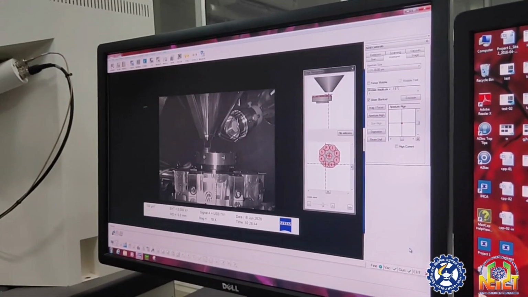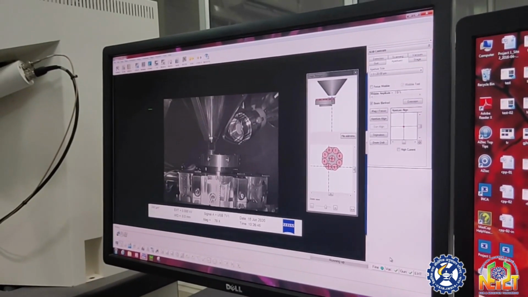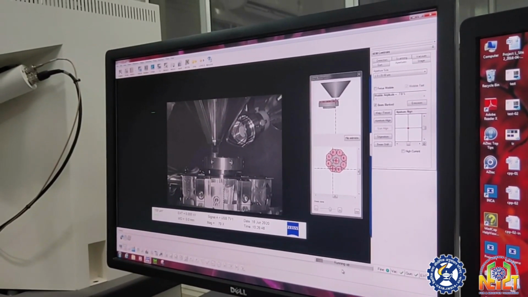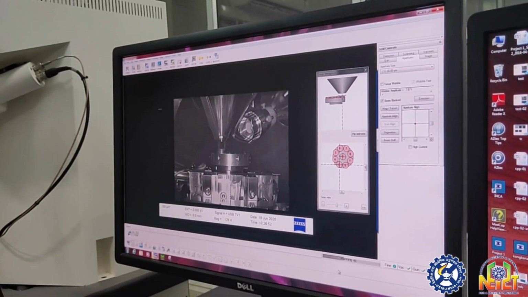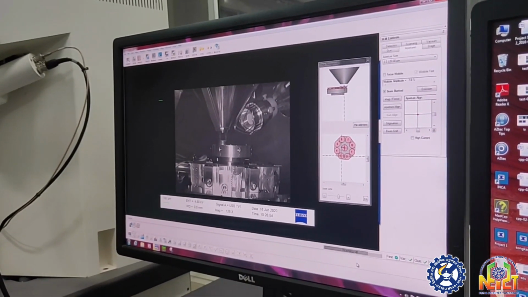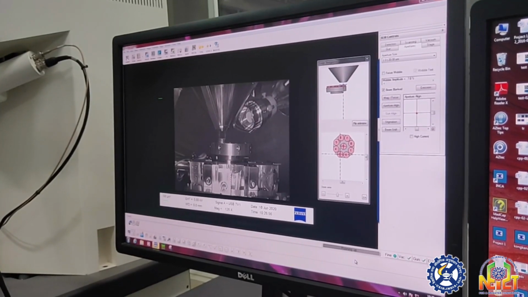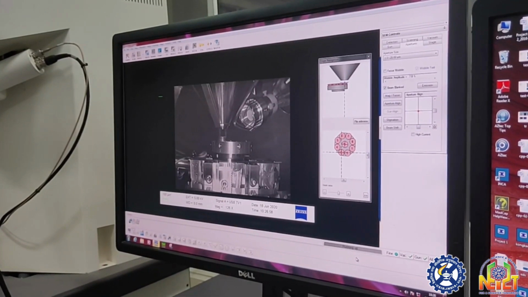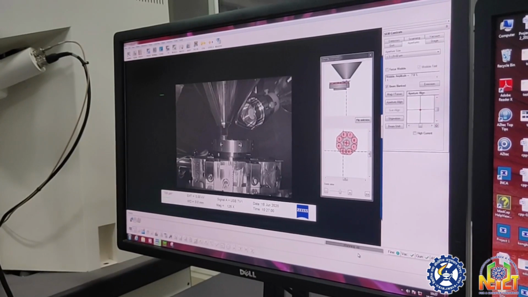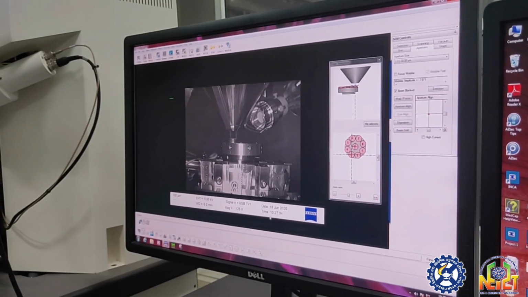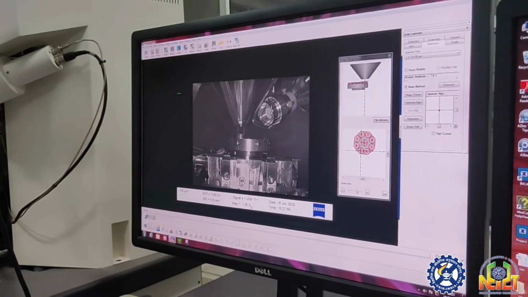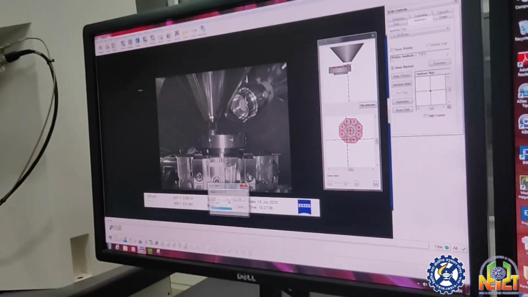So then we go for EST, switch on the EST. So it is running now. So EST is on now. That means we are allowing the beam of electron to strike a sample.